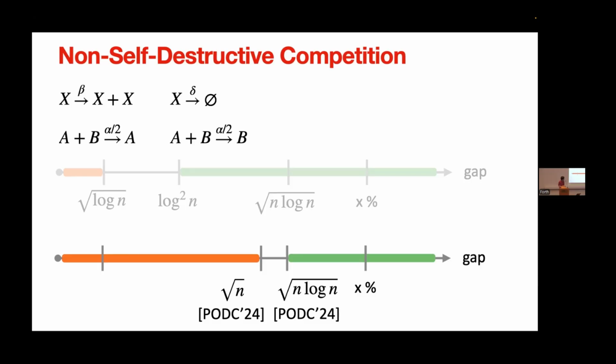The upper bound here is proved with other techniques, because there are two differences. First of all, we have the death reactions, so it rules out the urn approach, and we have the non-symmetric killing annihilation reaction. The lower bound, maybe just to say a few words about this. So the lower bound is more or less just based on